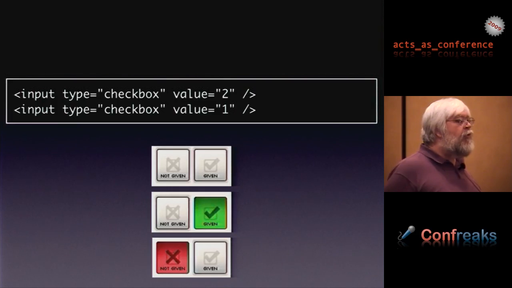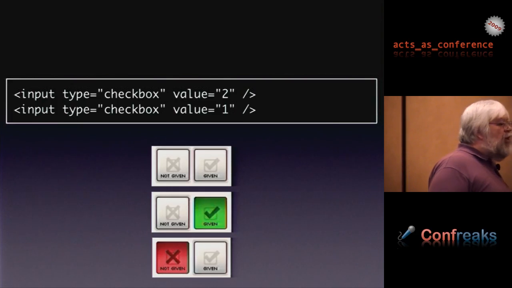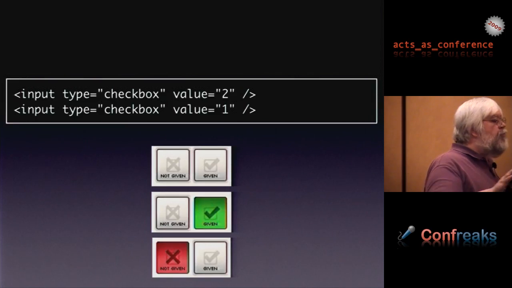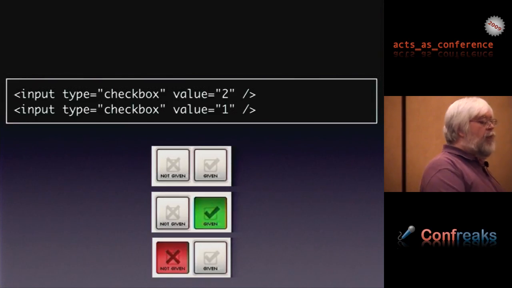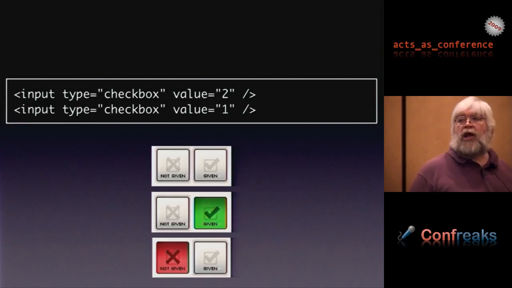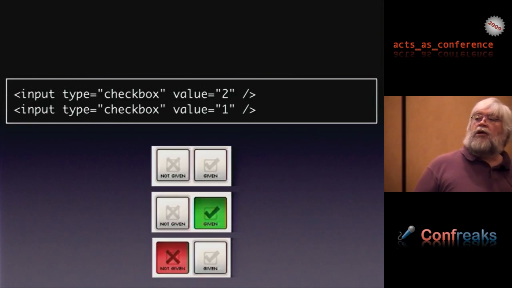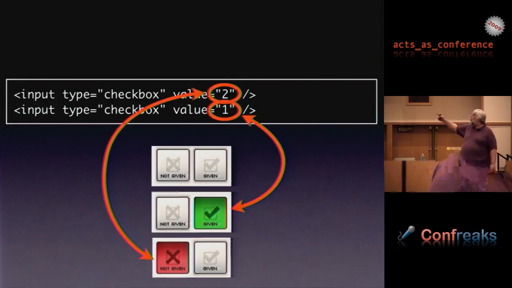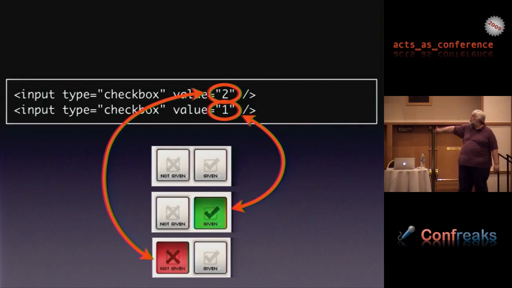In one piece of our app, we have this funky tri-state. It's not a radio button, it's kind of like two checkboxes that are coupled to each other, so that they can both be off, or one or the other can be on, but they can't both be on at the same time. So we implemented them as two checkboxes with a little JavaScript to connect them to make sure that only one was on. What you get back from that is going to be the ID of that checkbox with the value that is returned. And we map the value 1 into the given flag and the value 2 into the not given flag. And if it's not there, it's the unchecked state. So we handle it like that.